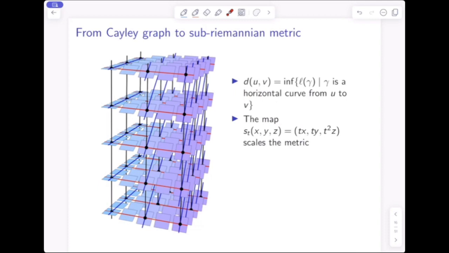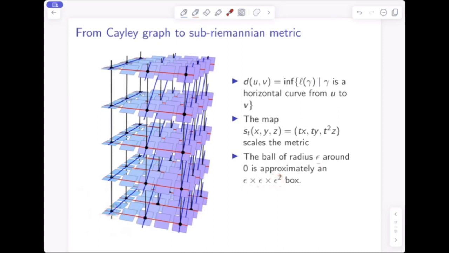And that tells us a lot about the shape of this object, because for one thing, it tells us about the shape of balls of radius epsilon. Because if I take the ball of radius 1 around the origin, then I can rescale that by a factor of epsilon, multiplying x by epsilon, y by epsilon, z by epsilon squared, to get a ball of radius epsilon. My ball of radius 1 is roughly 1 by 1 by 1. If I rescale by epsilon, I should get something that's roughly epsilon by epsilon by epsilon squared. And so metric balls in this metric, when epsilon is small, are wider in the x